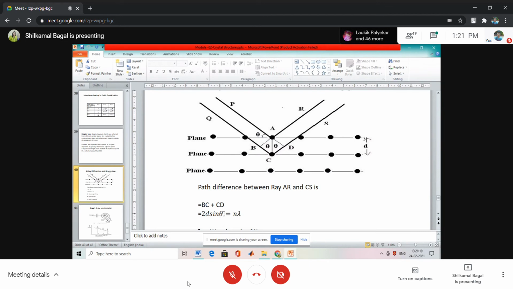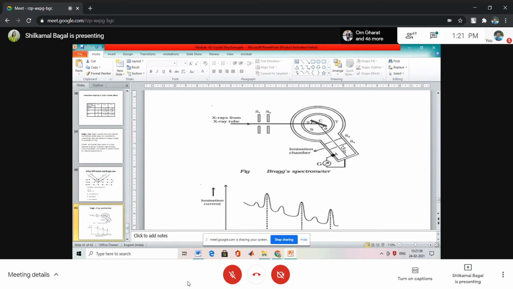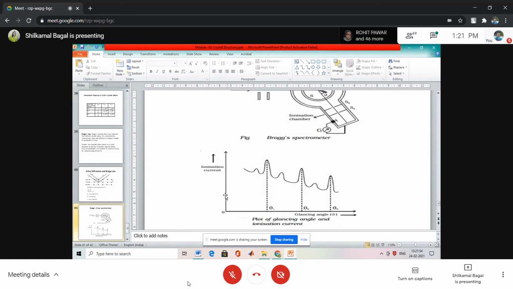Okay. So for a particular position of the turntable, that is of the crystal plane, this theta will satisfy the condition of maxima, meaning this path difference 2d sin theta will become an integral multiple of the wavelength, and there will be maximum intensity of the reflected X-rays going into the ionization chamber, so there will be more ionization of gas, and so maximum current through the galvanometer. So by rotating the turntable and observing the current through the galvanometer, we plot the graph of the ionization current through the galvanometer against the glancing angle theta.